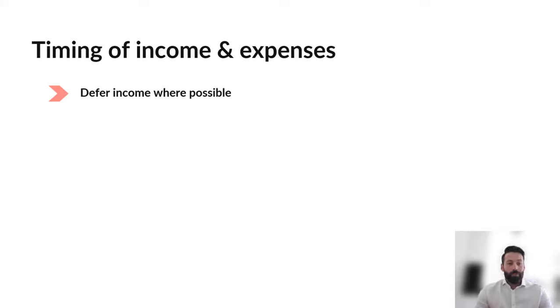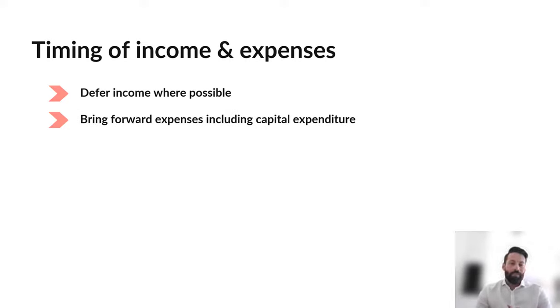So if it's possible, particularly where you have maybe a very significant job, you might want to complete that next year and invoice it next year, resulting in the income being pushed out for 12 months and the tax liability on that income also being pushed out by 12 months. The other one is bringing forward expenses, and that includes any capital expenditure. Now, when we talk about bringing forward expenses, we're talking about things that you are already going to spend money on in July or August or early in the next year.